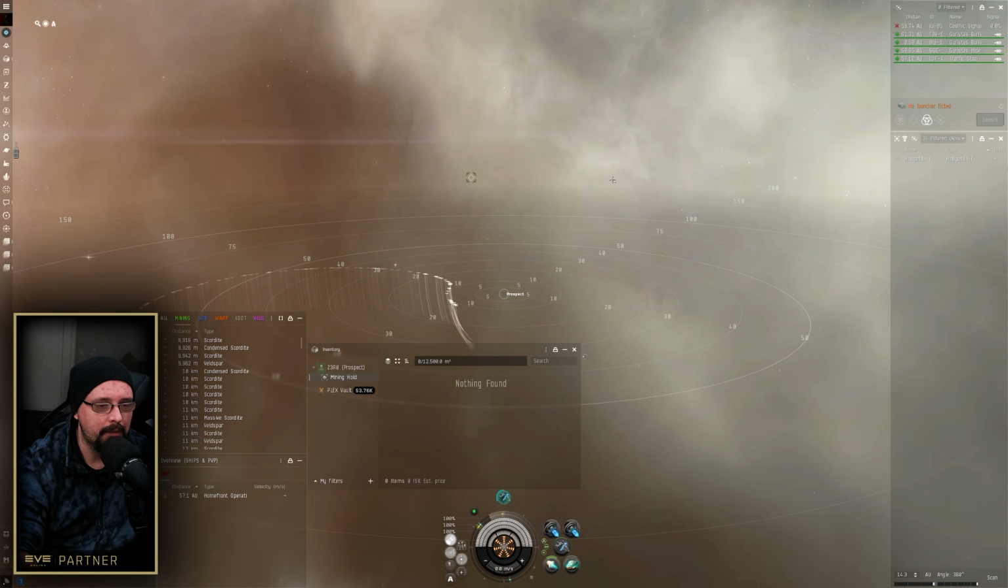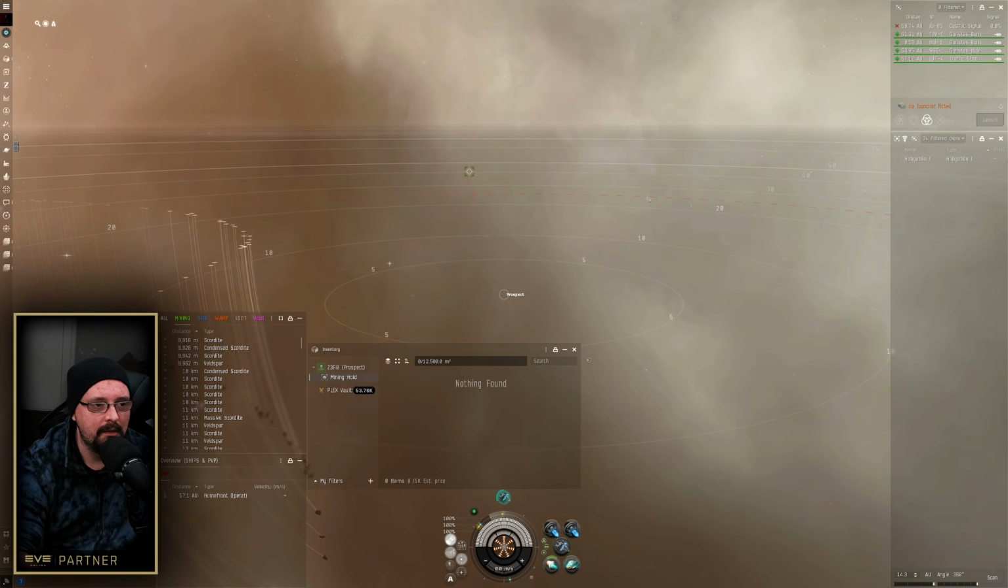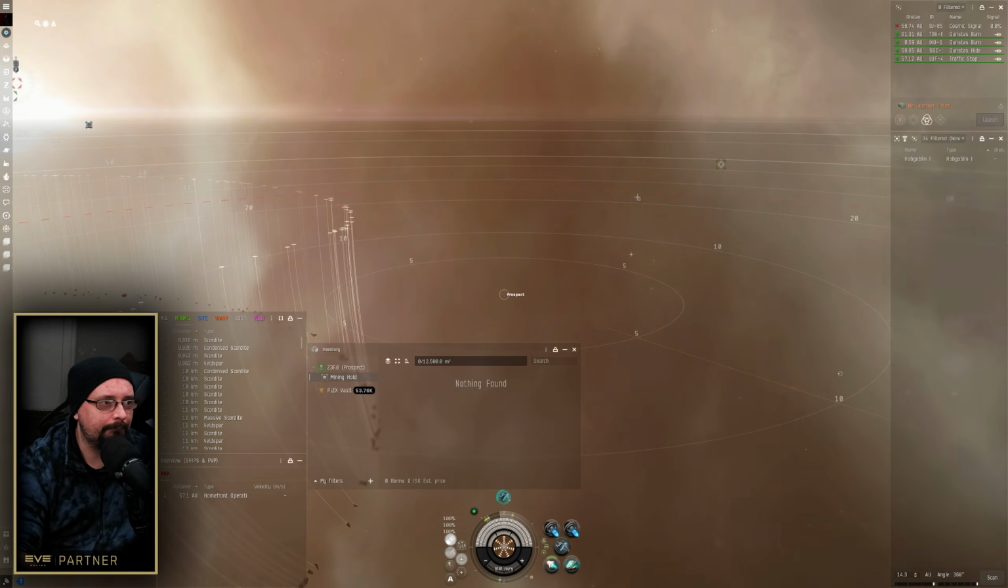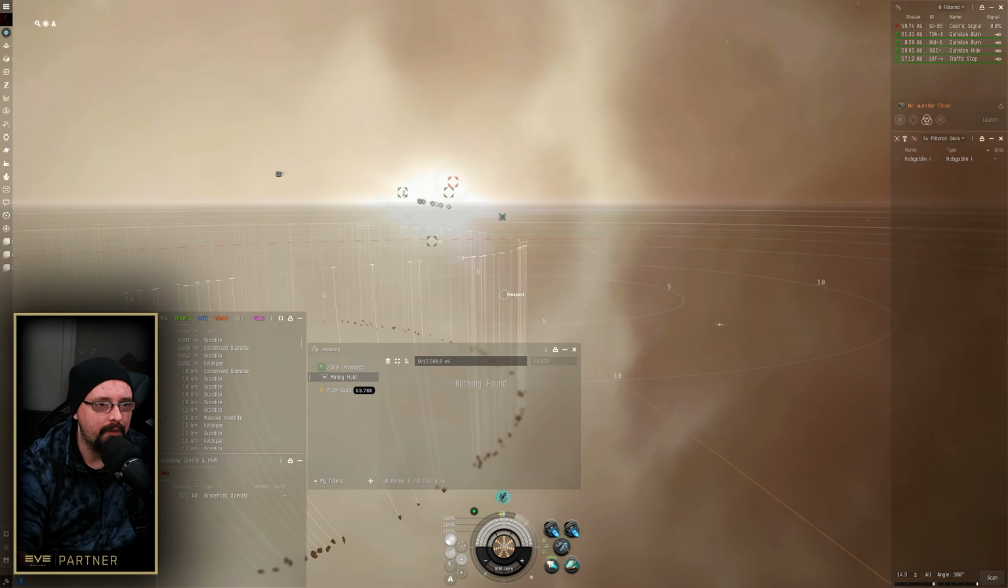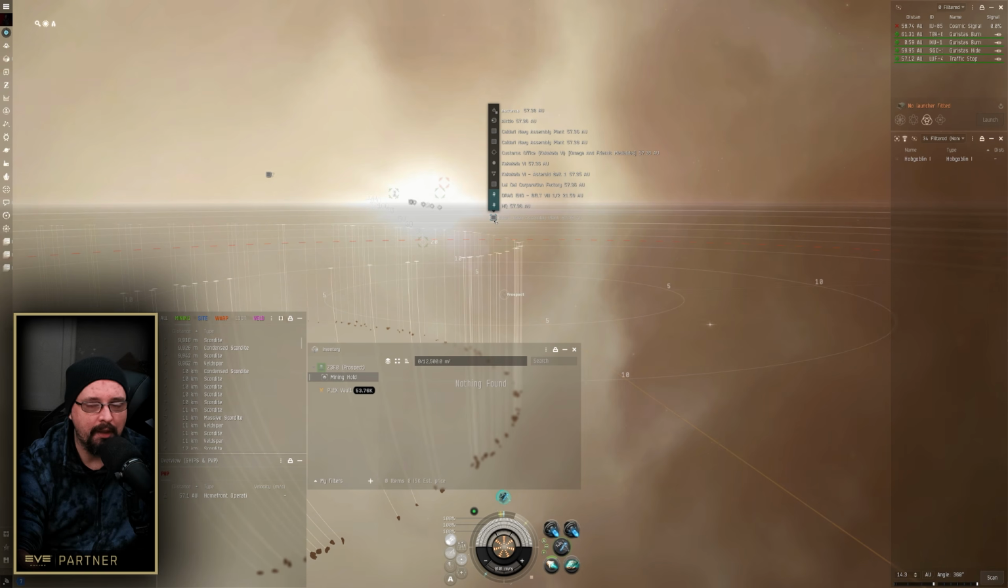You can also just warp to a safe bookmark that you have set up. Like way out here, you can see I have a drag in bookmark. Bonus points, especially in low sec, this works really, really well in low sec and places like that. If you set up a bookmark in between where you're mining and a refinery,